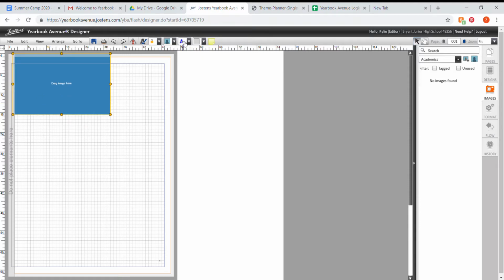Now, if I want to add text, I click on the A. Okay, if I want to add a shape, I click on...